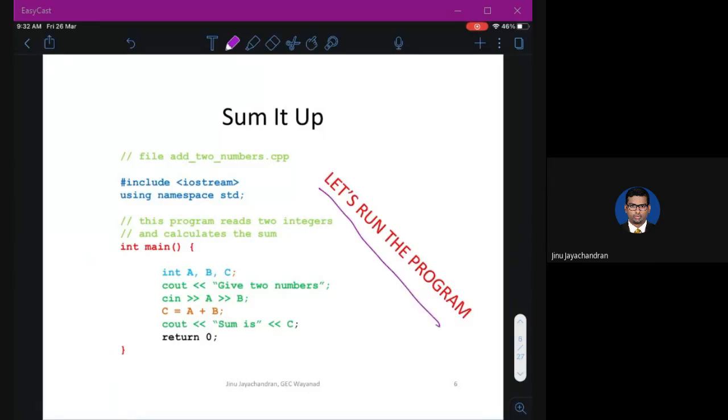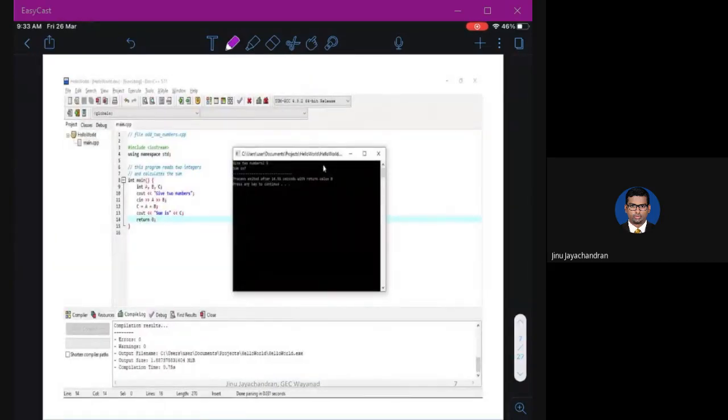Okay, so this is a simple program. We'll see what are the things that are there in this program. This is a simple program where you are adding two numbers. Actually the simplest program is printing hello world, but I don't want to go into this trivial thing. So I just wrote a program where you are adding two numbers. This is the output. This is done in Dev C++. There's a software called Dev C++. If you want to install the software in your laptop, you can. At the end of the class, I'll also show you some tools which you can use to write code and run even on mobile or online.